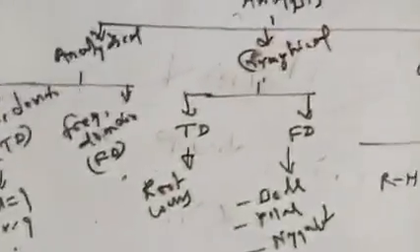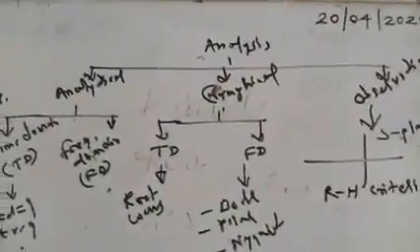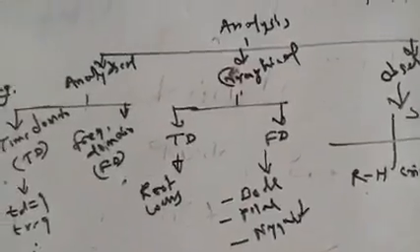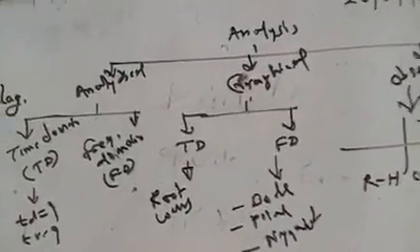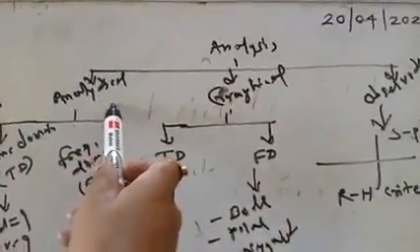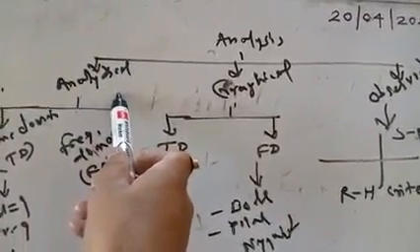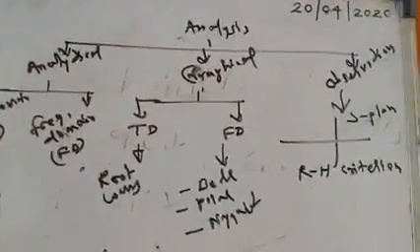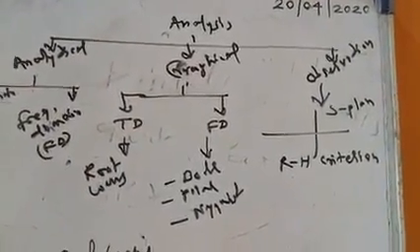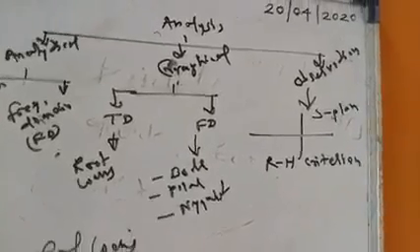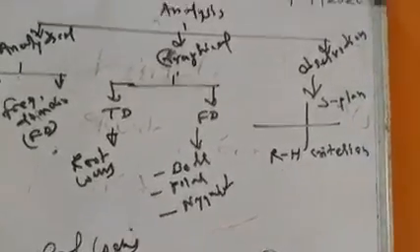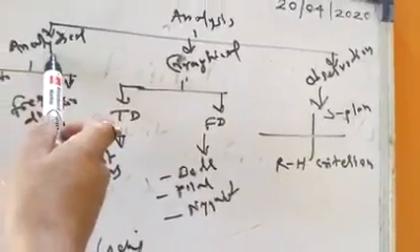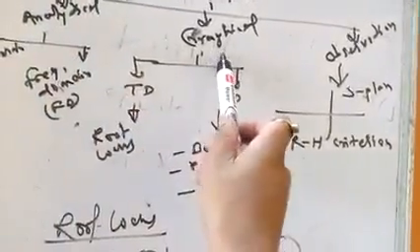Second part is analysis. We already discussed the analysis of control system. So there are 3 types of analysis. First is the analytical method for the analysis of control system. What is the analysis? Whether the system is stable or unstable, etc. This is nothing but the character of a system. So first is analytical analysis, second is graphical, and third is the observation.